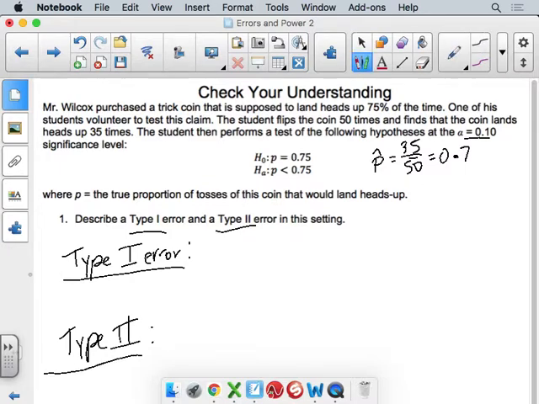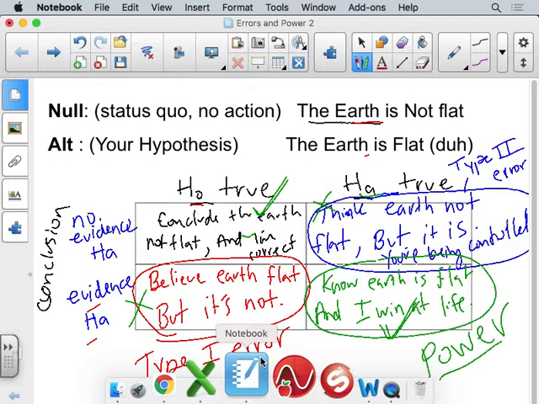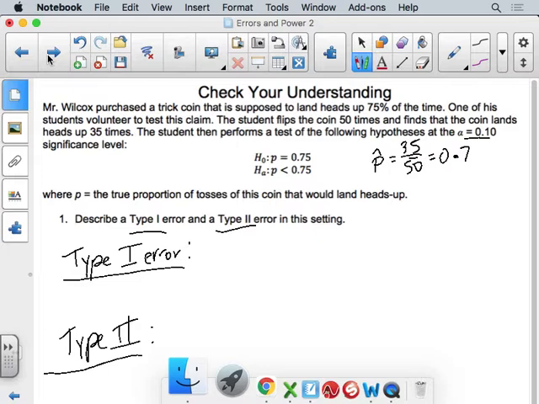Okay, so let's think about it in terms of our little grid here. If I go back to my grid, a type 1 error is when I think I have evidence for the alternative, but the null was true. So let's put that into words on this problem. I think I have evidence for this, but it turns out that it's actually this. I would say, let's not say think, you find evidence